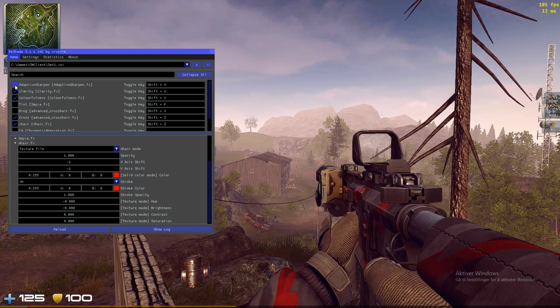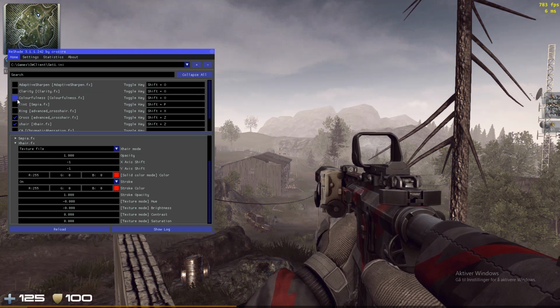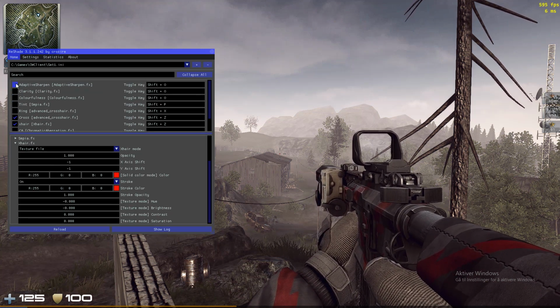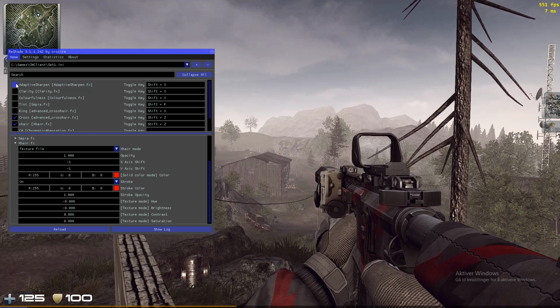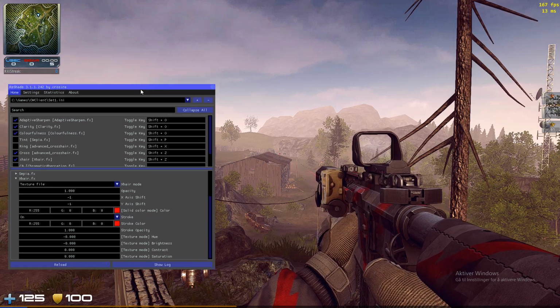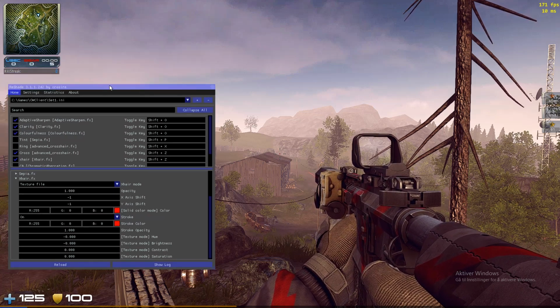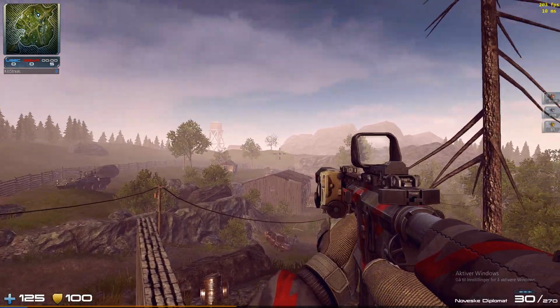Okay, I guess so. Summit 2 wasn't the best map to show, but this is what it normally would look like. And with adaptive sharpen, make it way sharper. If you have it too sharp, then it just looks ugly. Clarity and colorfulness, I think old Summit 2 actually wasn't a too good map to show it on. But anyways, also the crosshair I have on, as you can see,